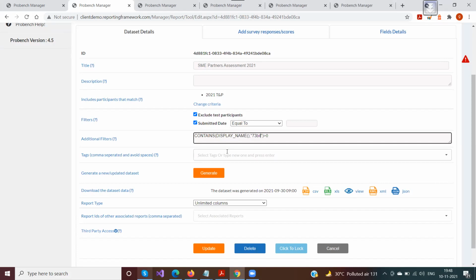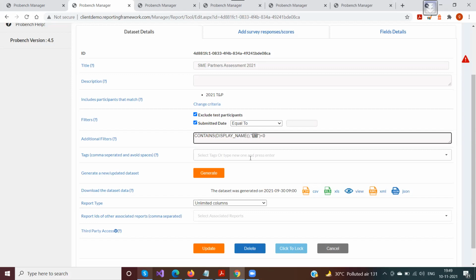Or I can use anything else, maybe say limited. So all the companies who have limited in their name would be included in the output. Or you can say less than 0. If you do it less than 0, that means all the companies with limited in their name would be excluded from the output.